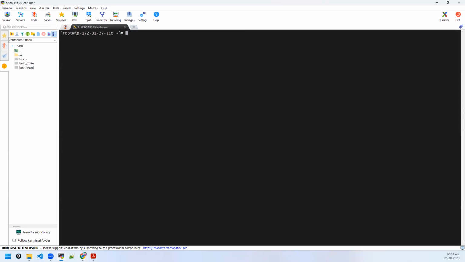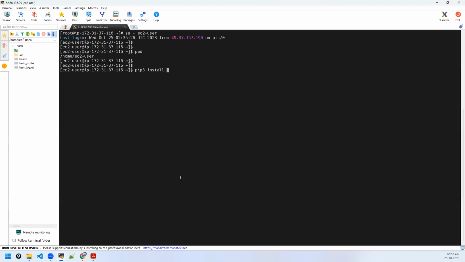Okay, so now let us install Ansible. We can work with the root user also, but we will not always have root user privileges, so it's better to work with ec2-user. This is the home directory of ec2-user. Ansible is a Python application. You can install it with pip. Pip is a Python package manager, which can manage working with Python applications like Ansible.